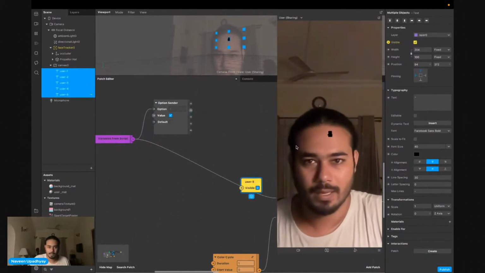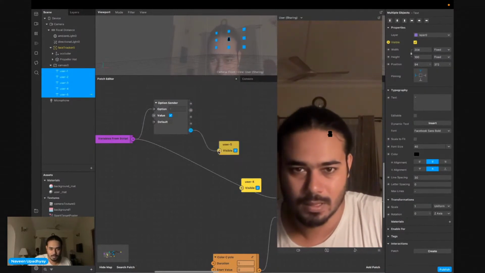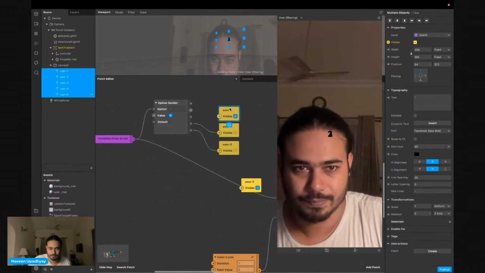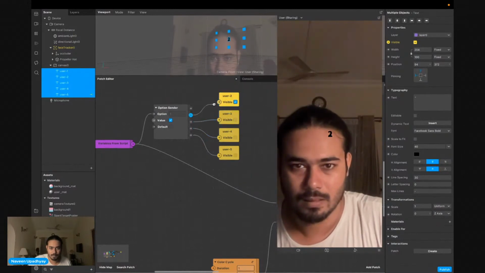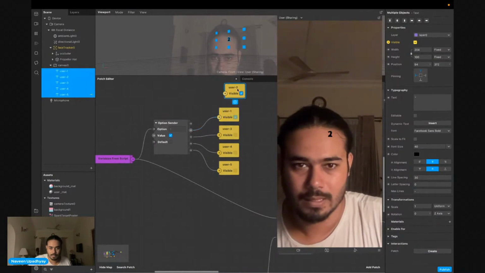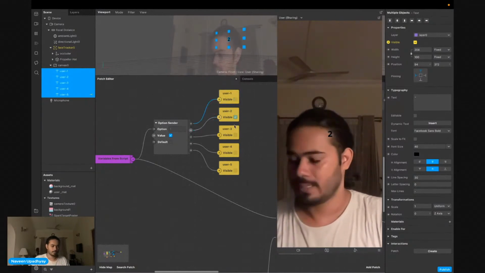So I'm going to take all of these and connect their visibility to each of them. Like this, and you can see that this is number 2 and this is number 1, and that's it.